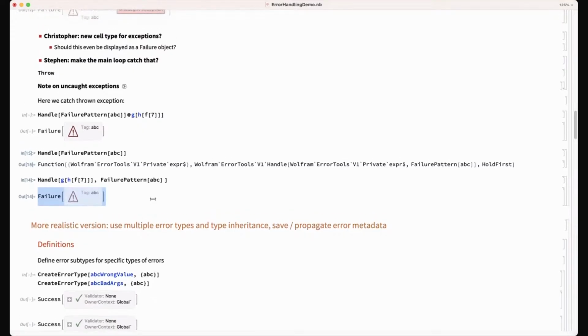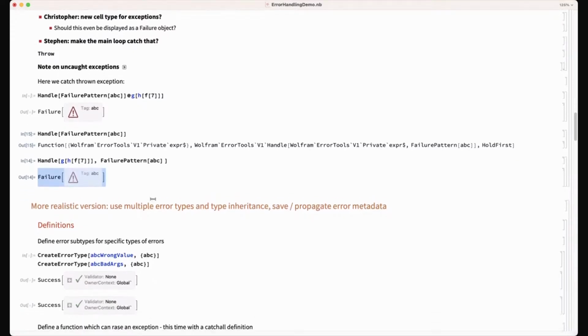Which shows you a little bit more details. Leonid, would this stuff interact weirdly with preemptive evaluation or weird modes that can happen? All you're showing is always the main evaluator.